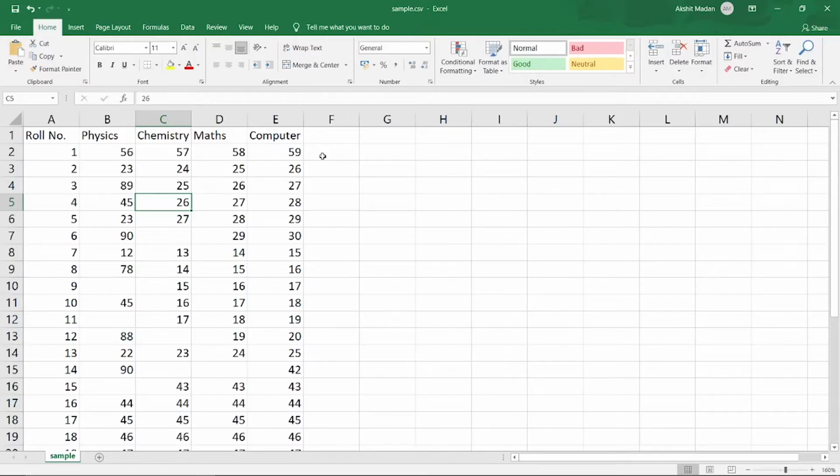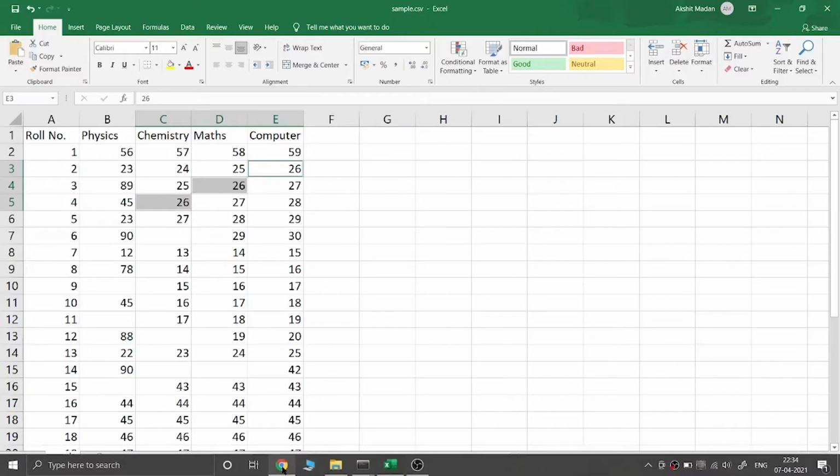So let's say this is my dataset, and you have already seen this dataset in my previous video. This dataset is basically regarding the students' marks of these roll numbers. Let's say I want to replace all these 26s. That means wherever I am getting 26 in my dataset, like this, then this, I want to replace them with 30. So how can you do it? Using the pandas replace function, you can do this.